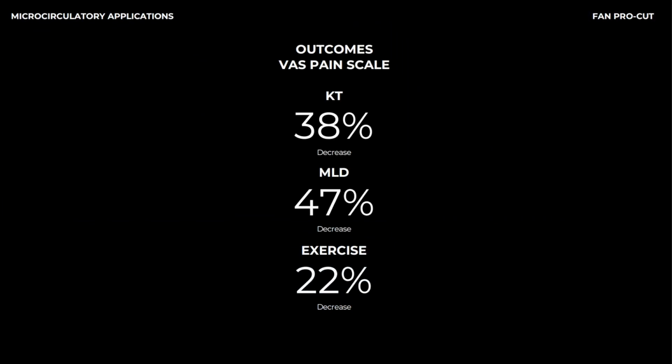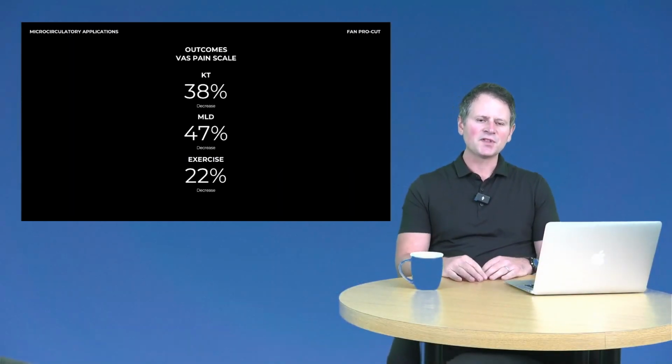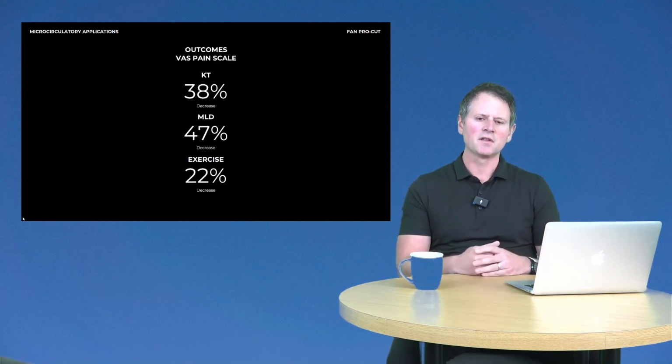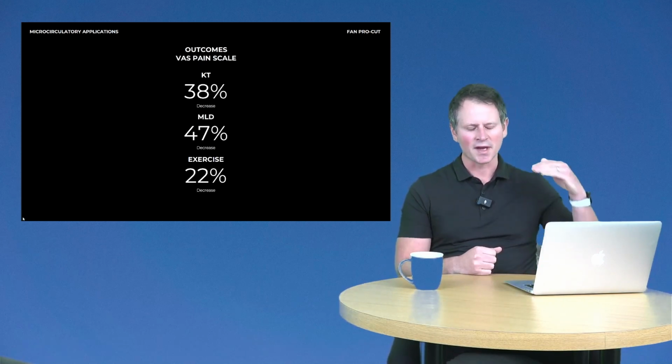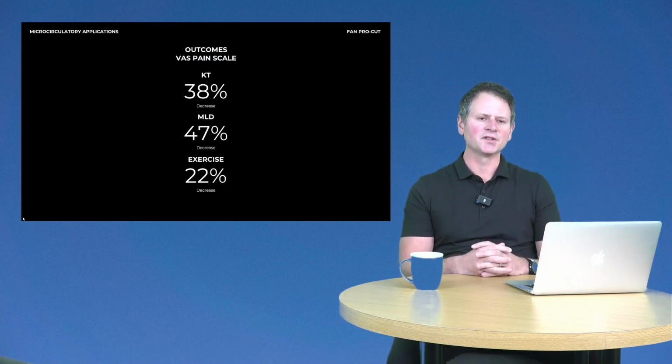And then I guess you would expect to see the exercise group alone, they maintained a higher level of pain. And so both in the kinesiology tape and the manual technique, we're seeing big changes in the VAS score. So we're going from like 6 to a 2, which is a pretty significant decrease in the amount of pain